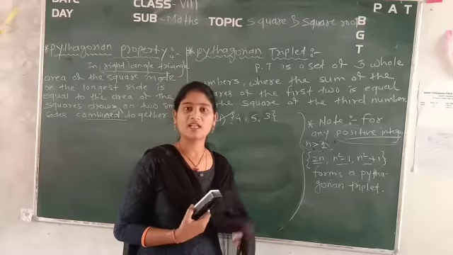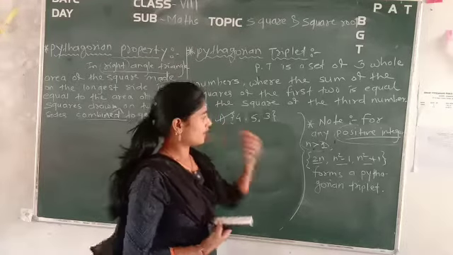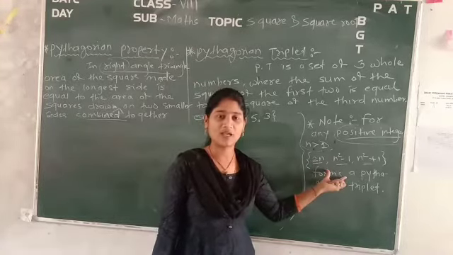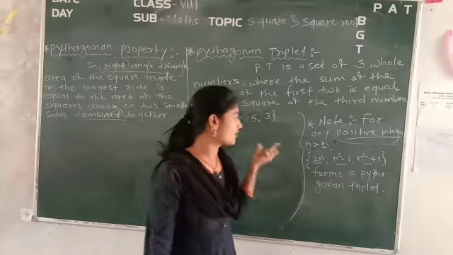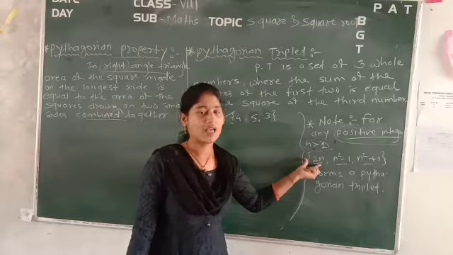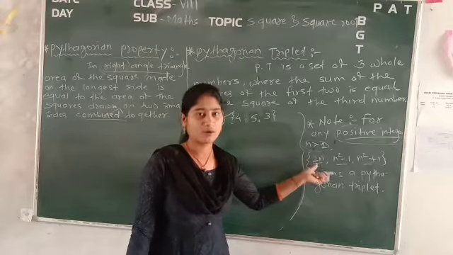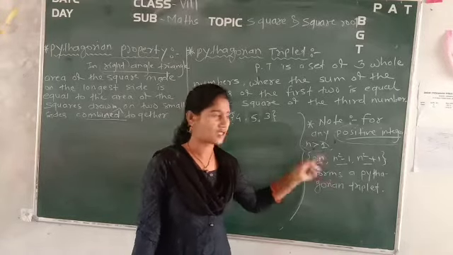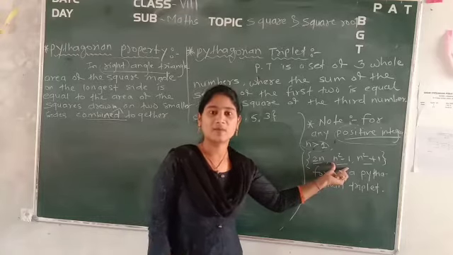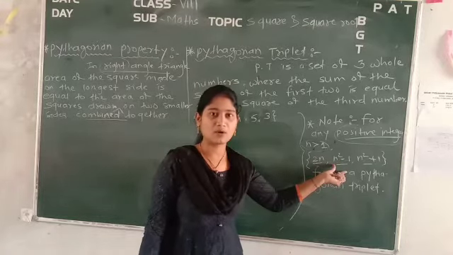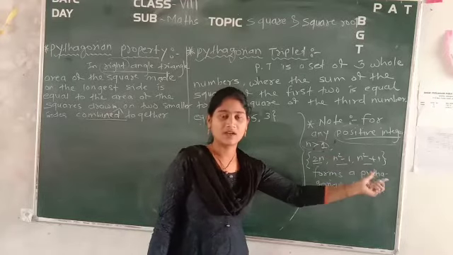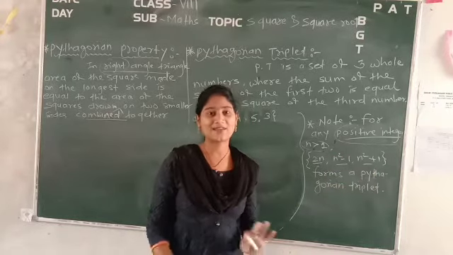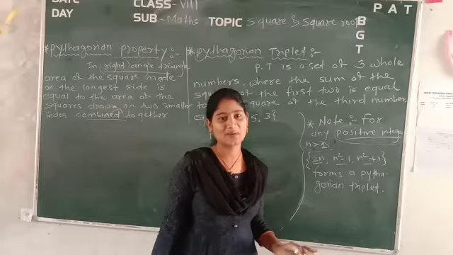If you are not getting the positive integer, it will not follow this property. Suppose I am keeping this given number as the value of 2n, and if I am not getting an integer number, a positive integer, then it will be false. I have to move toward the second member. For the second member I have to consider the value. If it is also not satisfied, I have to try the third one. And if it is also not satisfied, it means this number is not a Pythagorean triplet.